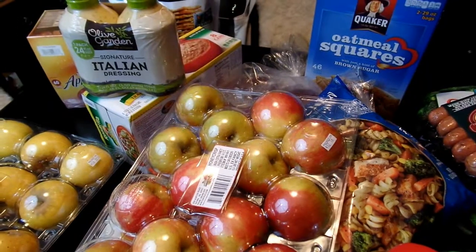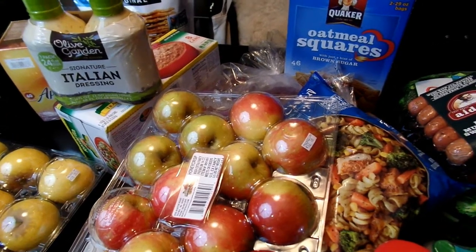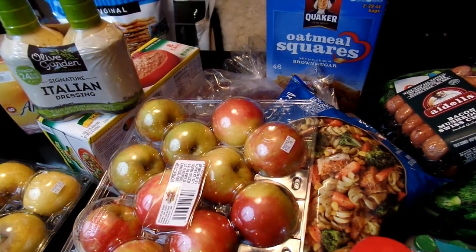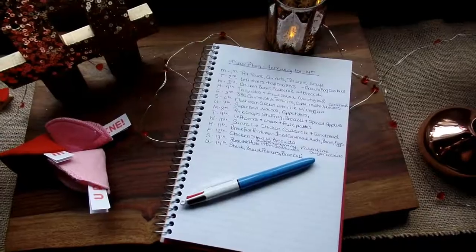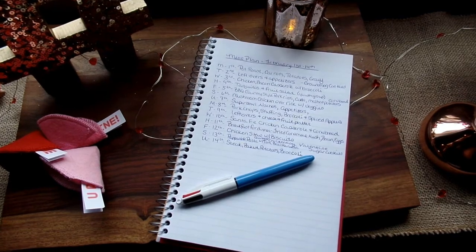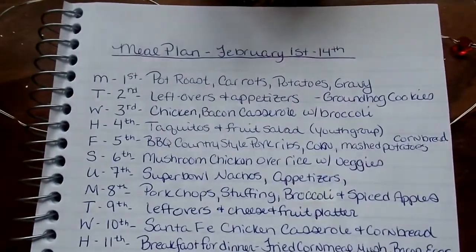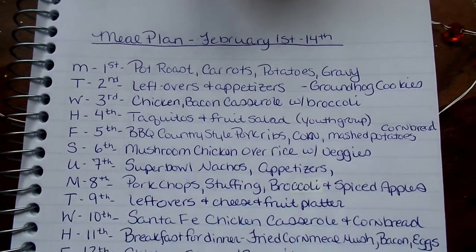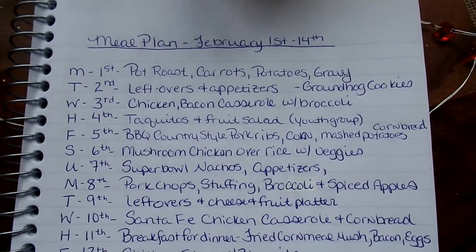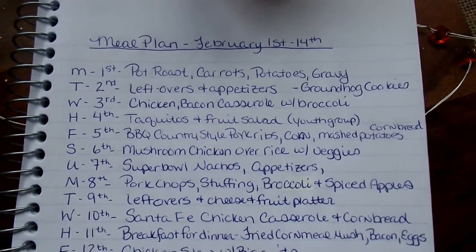So anyway, that is our Trader Joe's and Costco grocery haul for the first half of February. And now I'll go ahead and show you our first half of February meal plan. Okay, so here is our meal plan for February 1st through 14th. On Monday the 1st, we'll be having pot roast, carrots, potatoes, and gravy. On Tuesday, we'll be having leftovers along with some appetizers, and it's Groundhog's Day, so we'll make some groundhog cookies